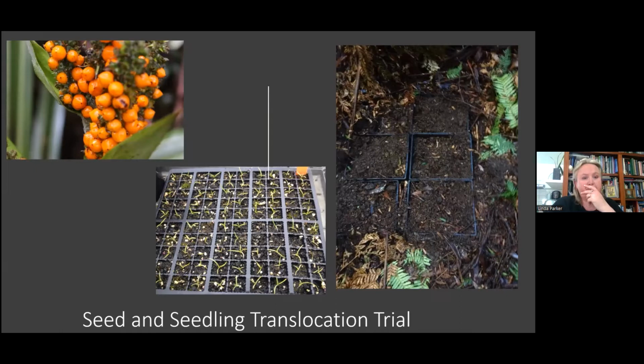It wasn't very successful, so I won't talk too much about it, but basically it follows on from what Leonie just said. It's really hard to find these things. There's so much leaf litter in the understory that the seedlings get lost very quickly, and they're so slowly growing. The seeds grow very quickly in the nursery and readily germinate when they're fresh. So that was a good thing, but in terms of planting them out, we had 0 survival after 2 years of seeds and seedlings in the sites.